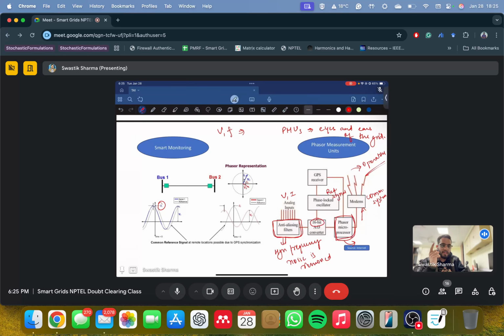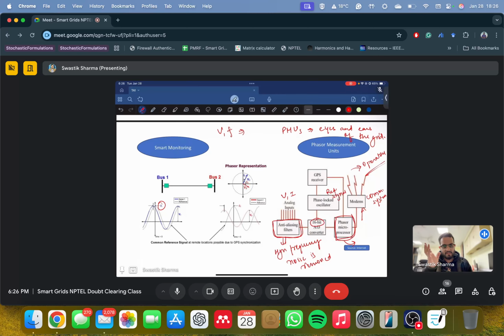So what you can do is you can get the phasors or the measurements out of that place, right? You need voltage, you need current. If you get those two things, you will see that these are not behaving as you want them to be. That means there is a fault occurring in that system, and you need to isolate that fault. Otherwise it can cause huge damage to the system, right? You can only know it by having some kind of measurement unit placed over there.